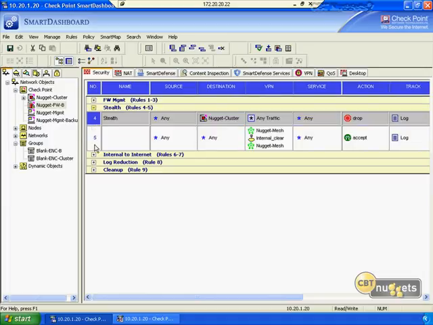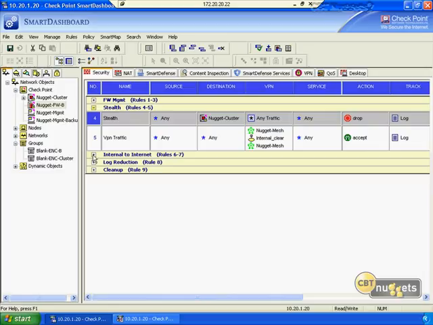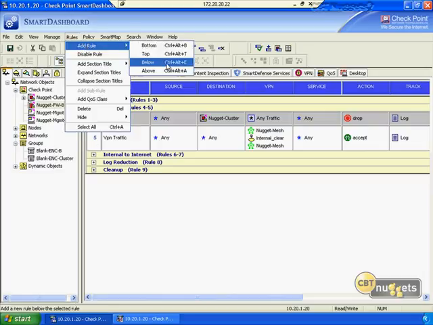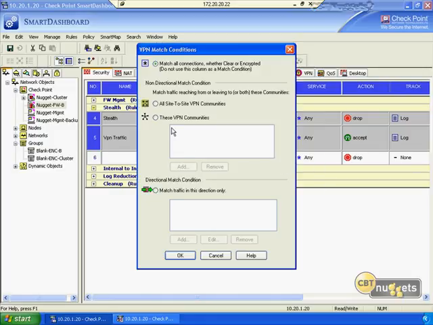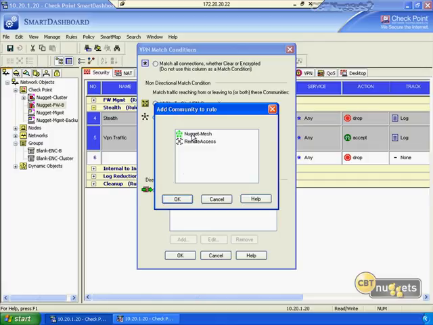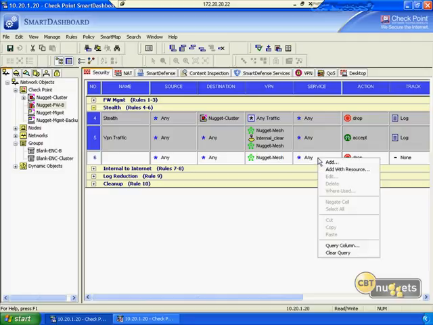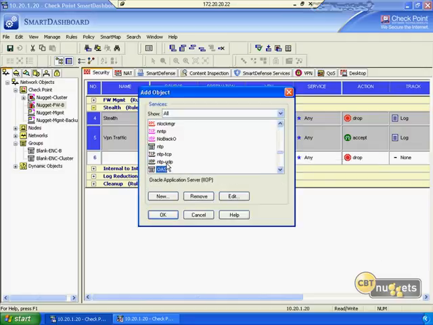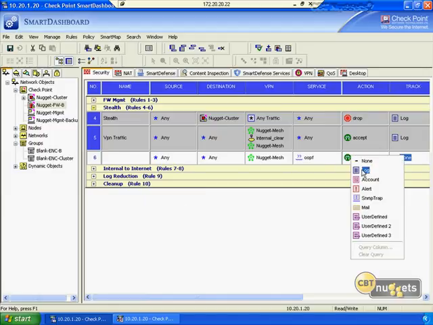So we're going to drop that actual OSPF rule right below this current rule that we put in for the VPN traffic. So let's just throw a tag on this of VPN traffic. Alright, looks good. So we'll do rule, add rule below, and it's going to be on edit cell, and tell it that basically on these VPN communities, let's add Nugget Mesh, put that in, hit OK, and now the actual protocol that we're going to be dealing with is OSPF. So we'll do OSPF is in there, put that in, we're going to accept that, definitely going to log it,